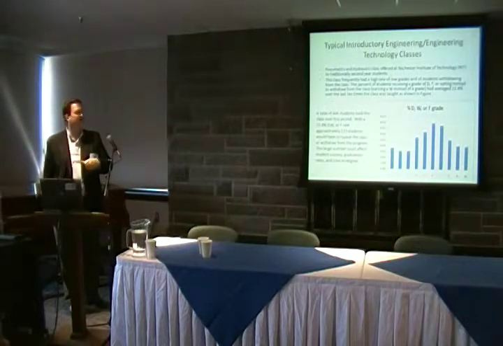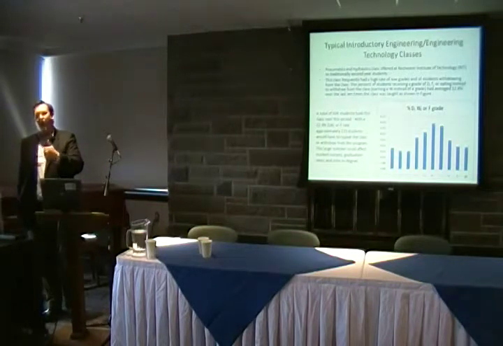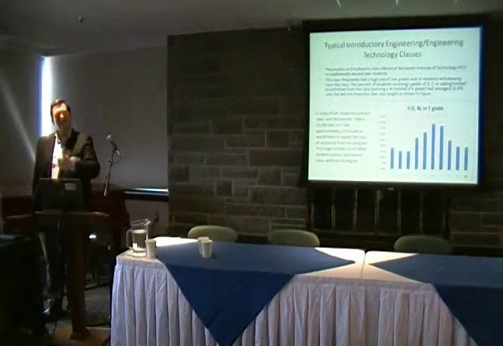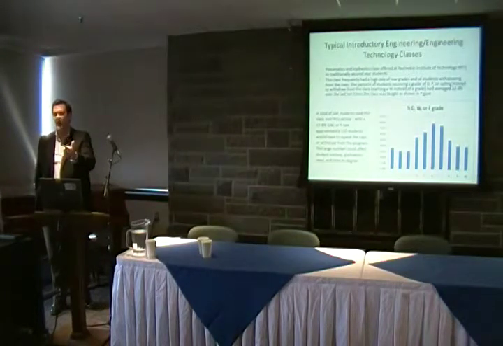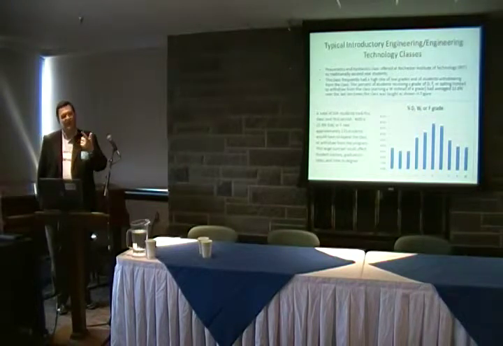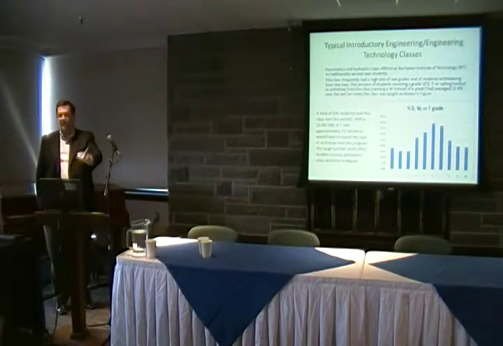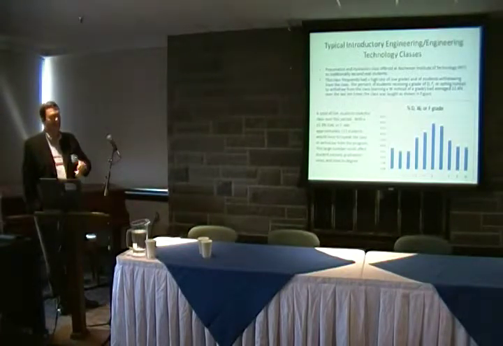So 22% of the students are getting a D, which means they barely passed. They're probably not going to do well in the next class in the sequence, because they don't have the concepts. Some of our classes are C to advance, so they wouldn't be able to advance; they've got to go back and take it again. They're withdrawing, in which case they're either going to come back and take it again, or they're off to another program. They're getting an F, and again, we'll see what happens, but they may be off to